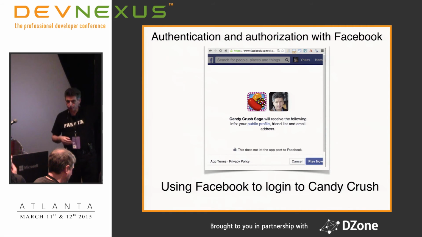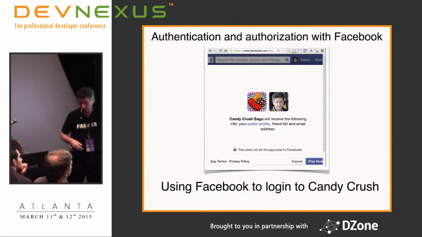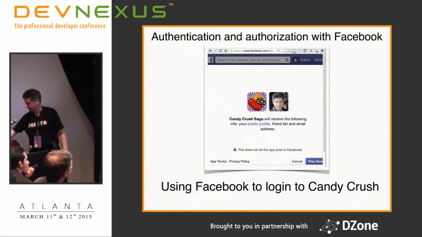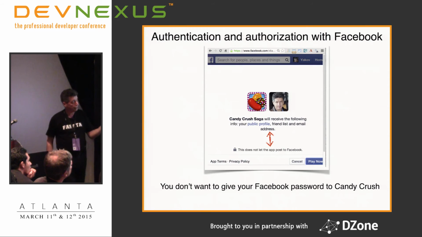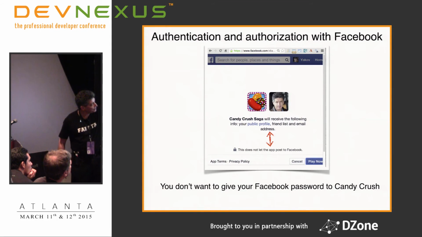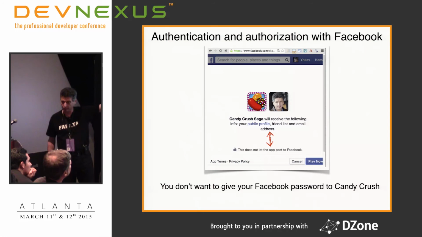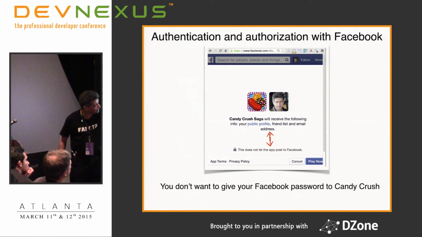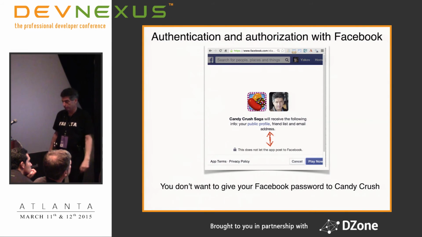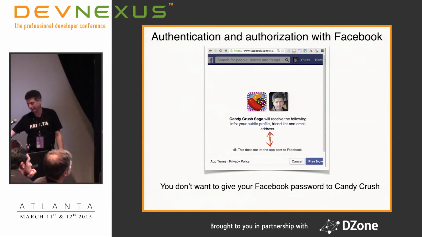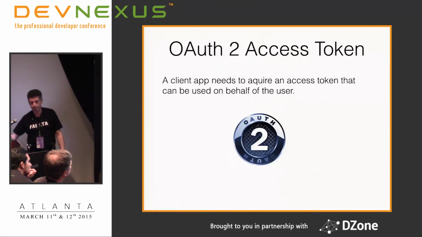Typically, when you see a screen where you agree on authorization, like in this screen, for example, this is Candy Crush, if anybody doesn't know. If I wanted to go from Facebook and play Candy Crush in there, they say, do you want to use Facebook for authorization? Yes. And then it says at the top that the Candy Crush Saga game will get access to your public information on Facebook. But at the bottom it says that this doesn't let the application post to Facebook. So at least you can be sure that they will not be doing any surprises with your account. So restricted access you give.